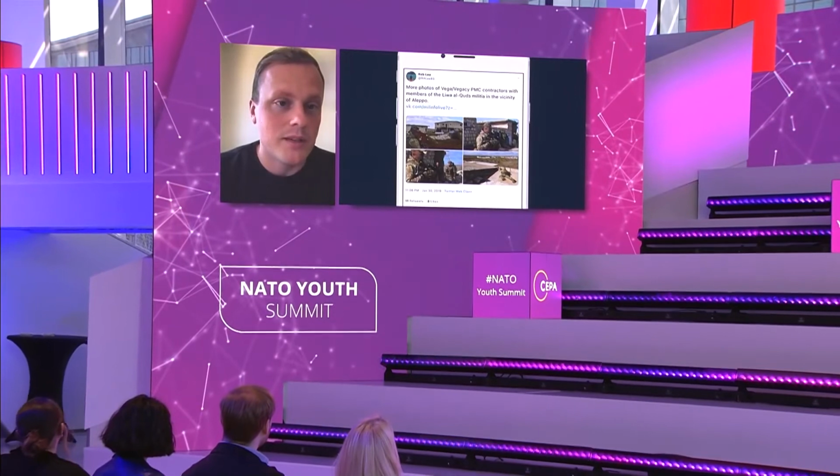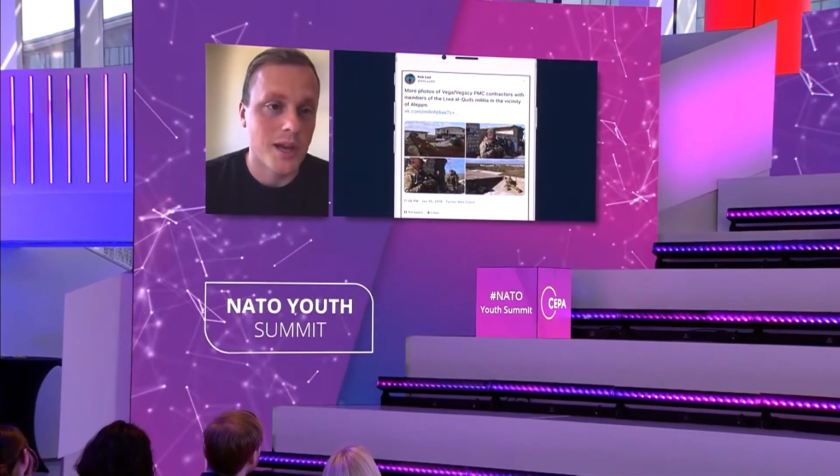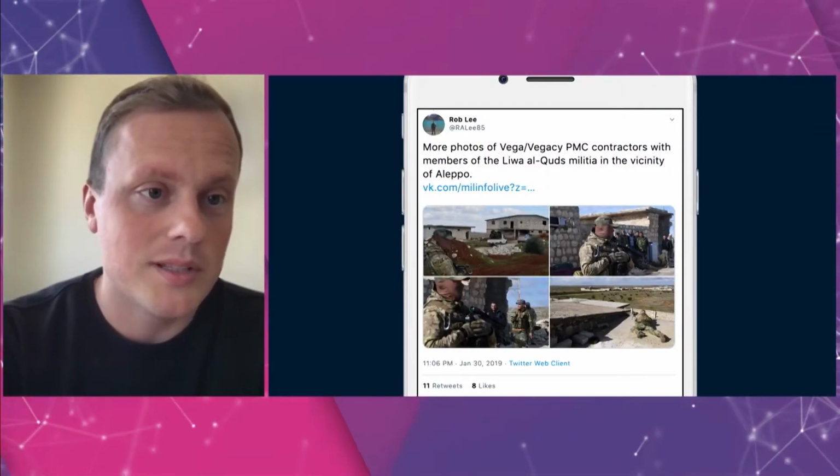Yeah, if we stumble upon something interesting online, before we can actually rely on it, we have to verify and figure out where it was taken. Next slide, please. So basically, by analyzing what we see, we can pinpoint exactly where in the world the photo was taken, and hence make it into open source online evidence. Next slide, please.